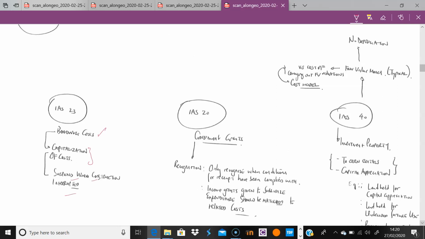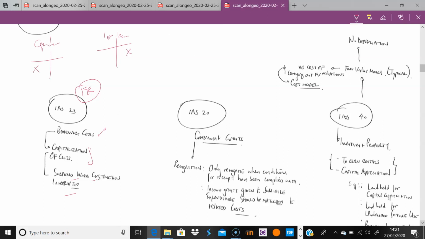Now, the other important thing to highlight here is that nothing's changed. It's still FR that applies here, but just be very wary of when money is invested in other areas. You cannot have your cake and eat it. So you cannot be recognizing interest income on the one hand and capitalizing borrowing costs on the other.